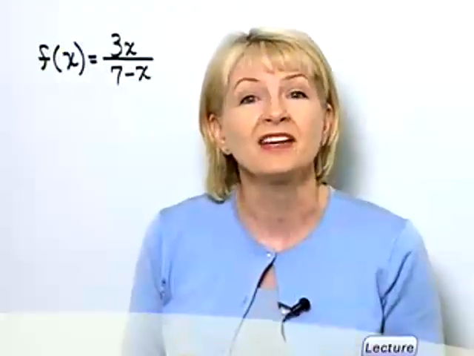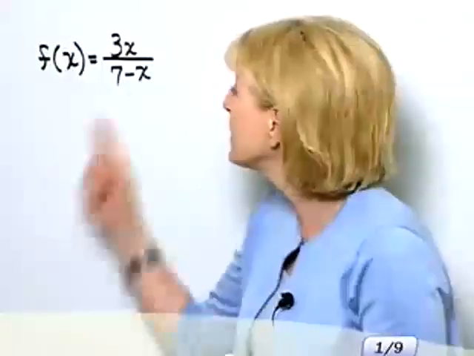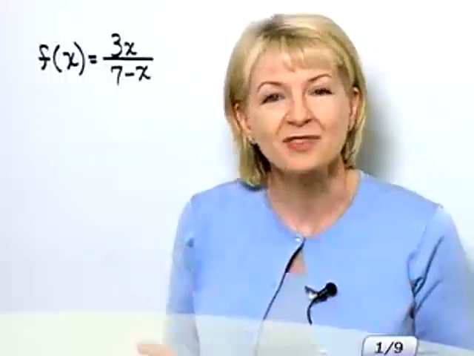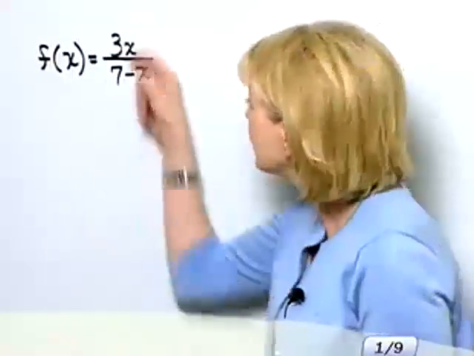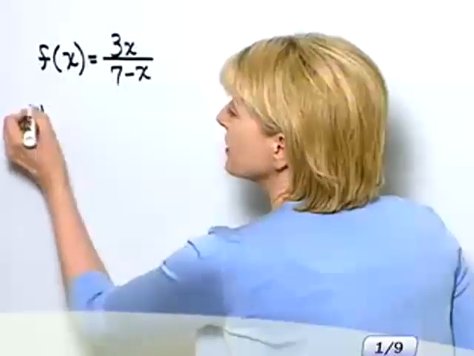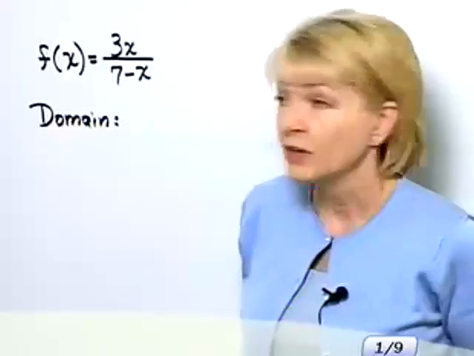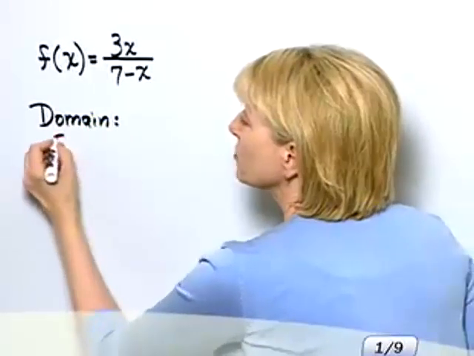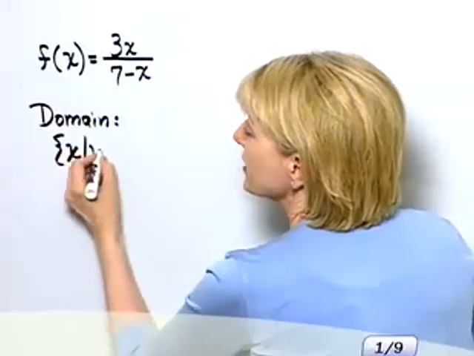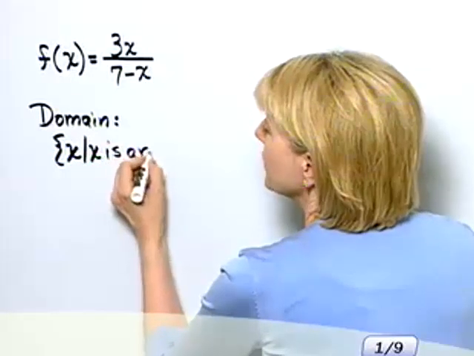And here then we get into the domain of a function. What would be the domain of this function? Well, the domain of this function will consist of all real numbers except those that make the denominator 0, because when the denominator is 0, this expression is undefined. So what is the domain of this rational function? Well, it's the set of all numbers x such that x is a real number,